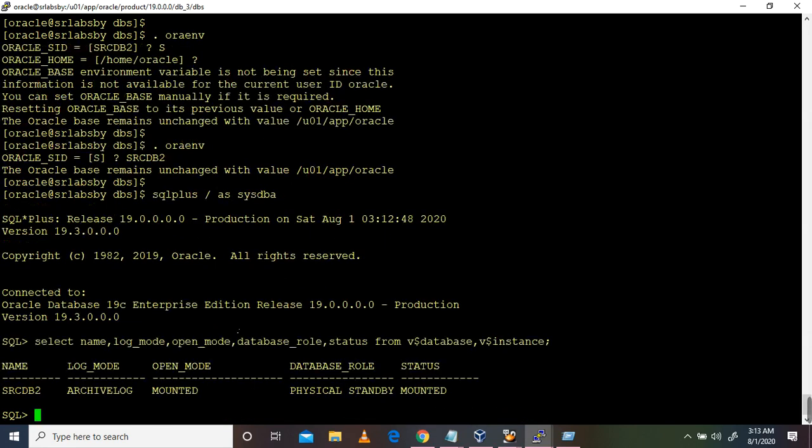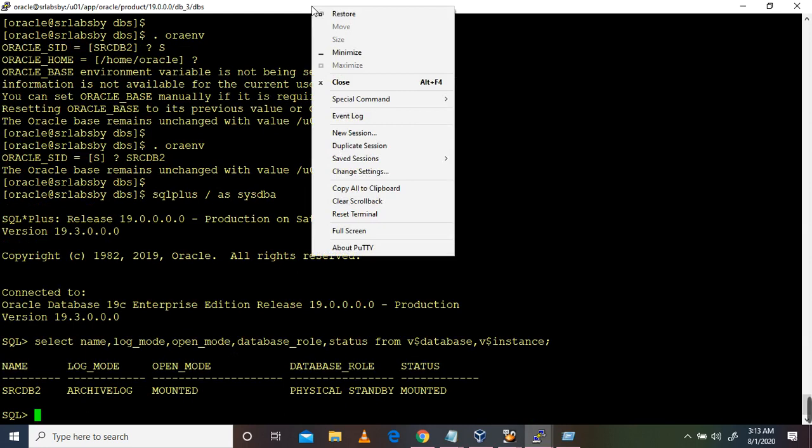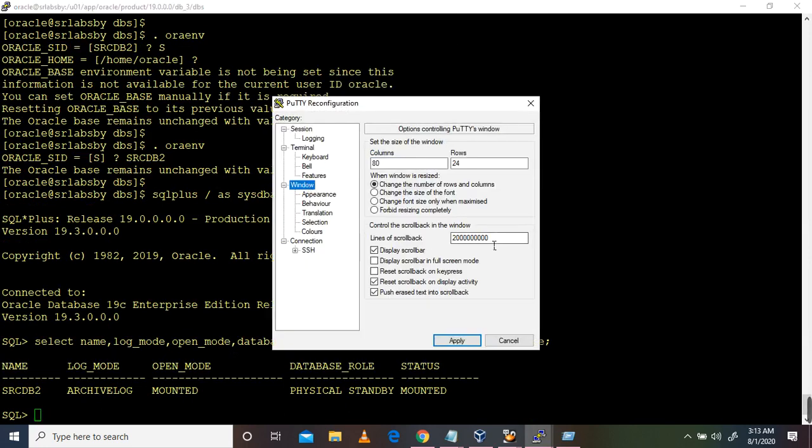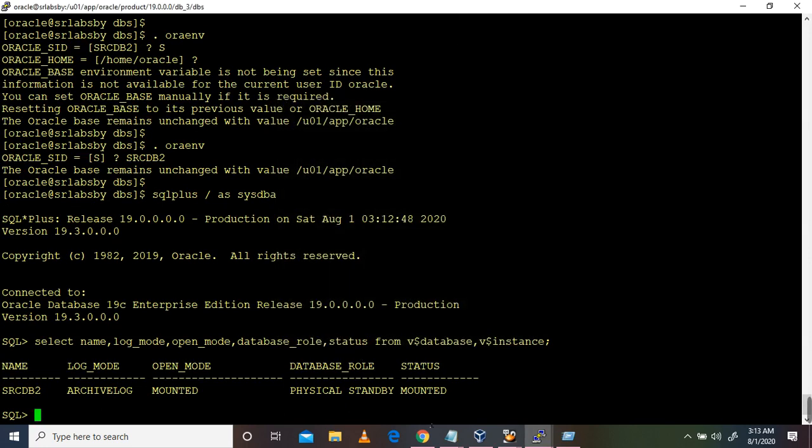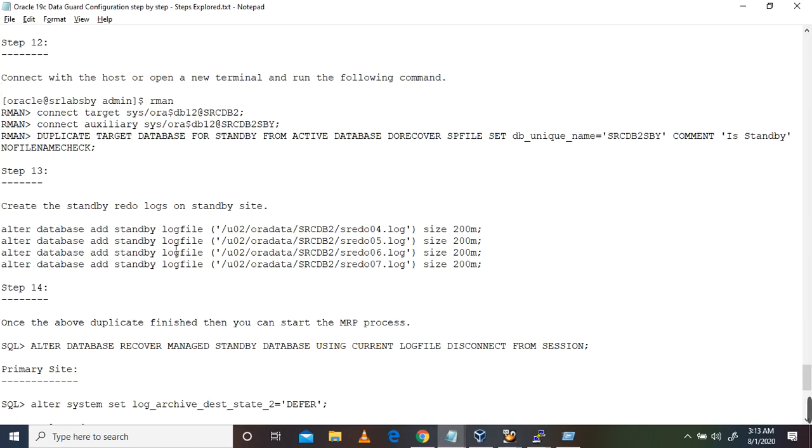You can see the database has come up in archivelog mode, mounted state, and it is a physical standby. Okay, next we are going to perform step 13. These are all the things we have to create on the standby side. We can check.